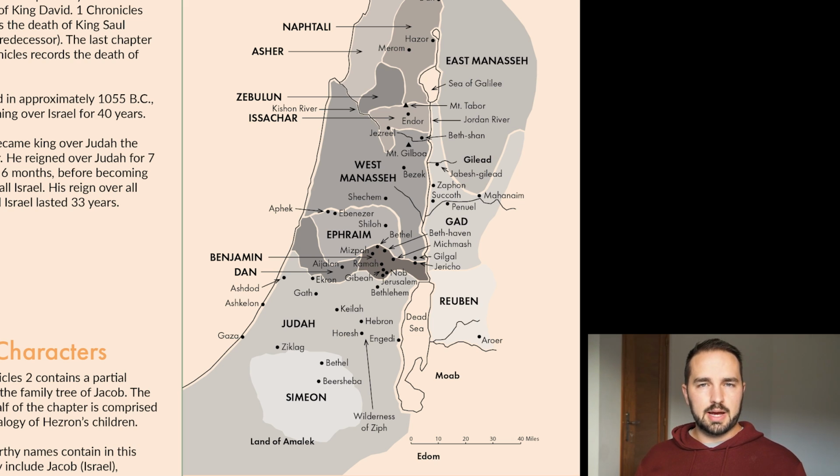Now, Egypt is not on the map, but if you basically go to the southwest of what we have on the map here, you'll run into Egypt. It's pretty easy to find on a world map. They were down there in Egypt for several hundred years. They grew into a really large nation. Jacob's family got really big. They grew out of his 12 sons. They got bigger and bigger and bigger.